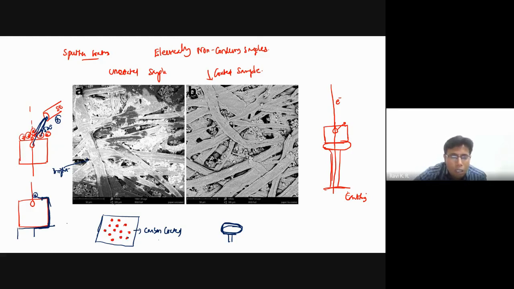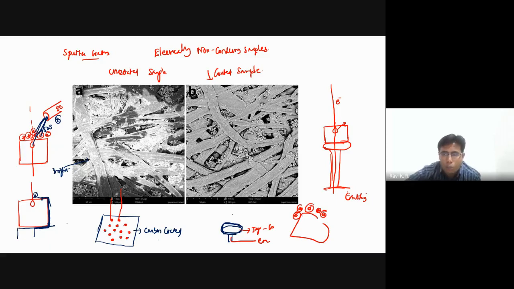Suppose this is uncoated. What is going to happen is this is your incident beam, which is hitting all these samples. Again, if it is uncoated, see this region is conducting. This tape is conducting. The stub is metallic, it will be conducting. But this particle is not conducting. So a lot of electrons are going to accumulate on the surfaces. That may not allow you to get a proper image.